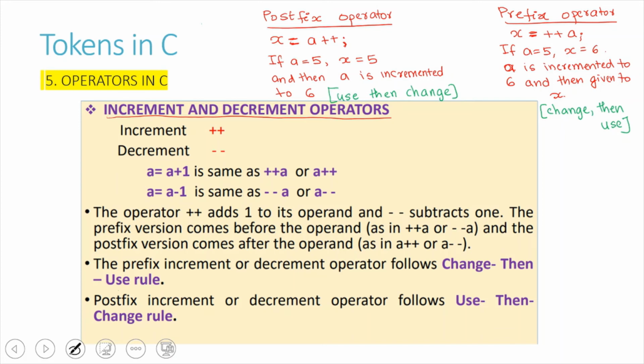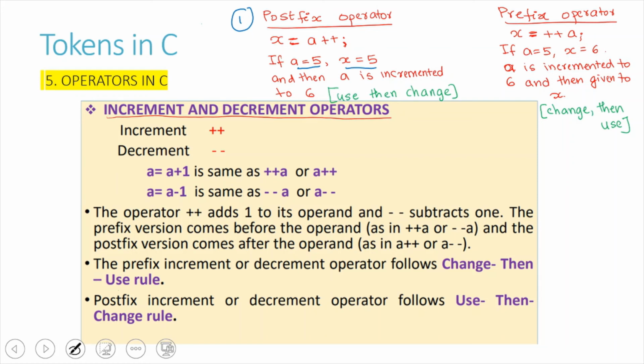Our next operators are the increment and decrement operators. As I already told you, the increment operator increments the value of the variable by 1 and the decrement operator decrements the value of the variable by 1. We have two types of operator. One is called the postfix operator. Imagine x is equal to a plus plus. If the variable a has the value 5, then x will also be equal to 5.